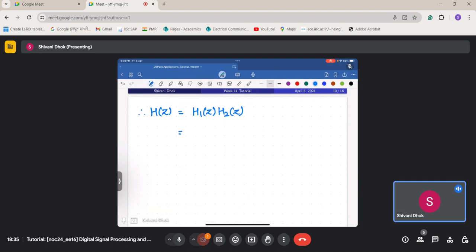So this comes out to be equal to 1 upon 1 minus 2z inverse plus 0.25 z to the power minus 2, multiplied by 1 plus 0.25 z inverse divided by 1 minus 3z inverse plus 0.2 z to the power minus 2, and